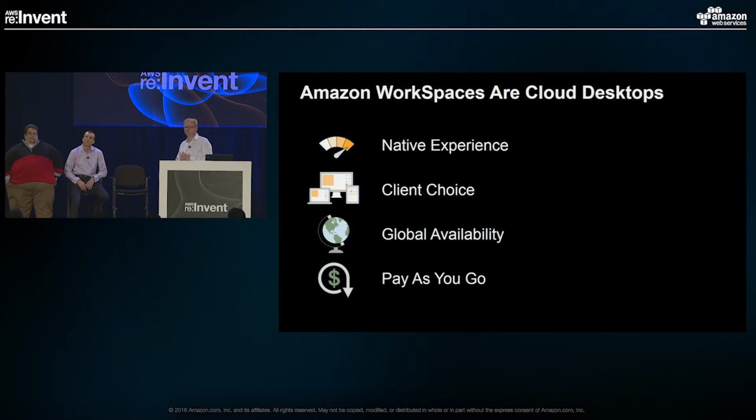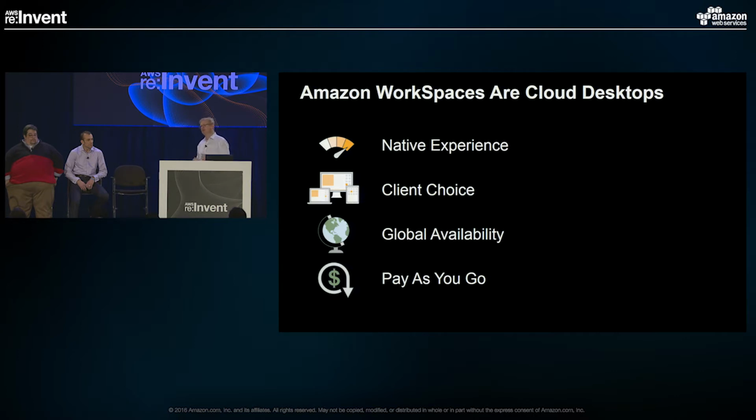So the Amazon Workspaces product is available in a couple of different models. There's a monthly billing model, and there's an hourly billing model we launched a couple of months ago now. The hourly product starts at a minimum of $8 a month when you look at typical usage, and then we scale up from there. So it's designed to really be a cost-effective option for people who need to have a solution quickly.